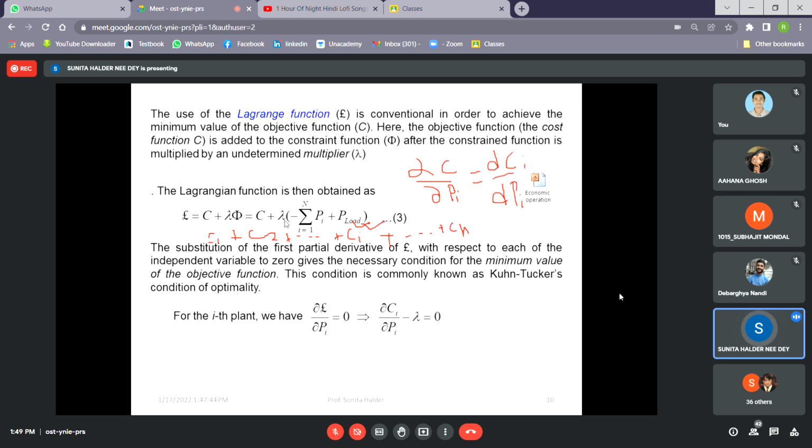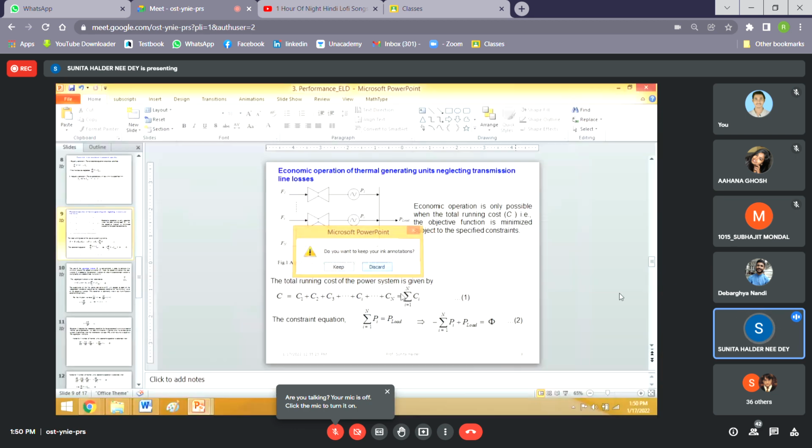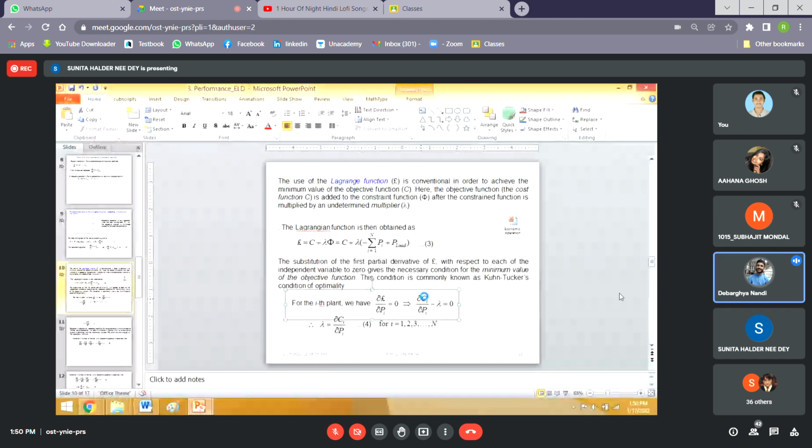And in the second portion, only minus Pi is the variable. So there one minus one term will be there. So del Ci by del Pi minus lambda equal to 0. Del Ci by del Pi has only one variable, so it will be dCi by dPi, right? This will be applicable for any generator. Let me change this one. P load, yes ma'am, is constant, no? P load is constant, obviously.